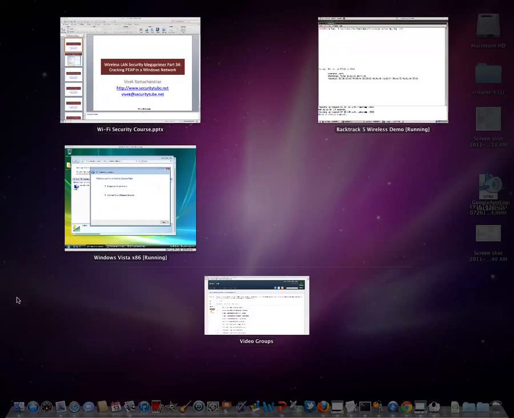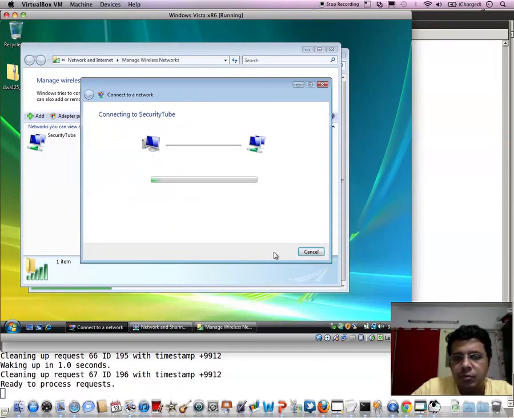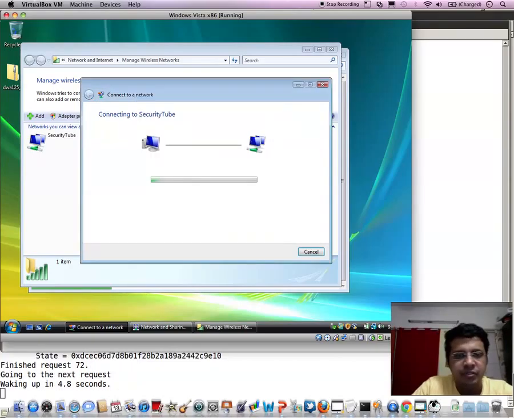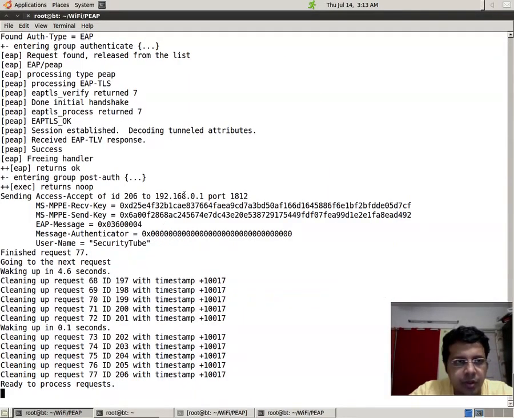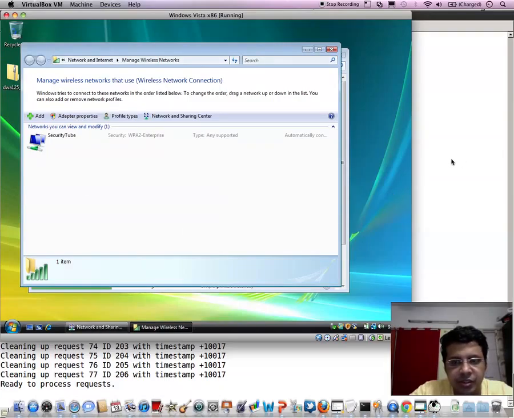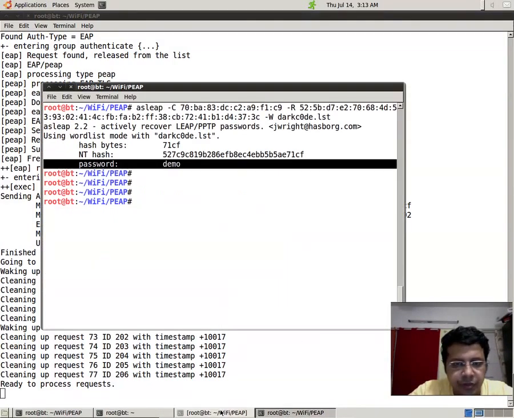As different users may be connecting, we could probably also have given something else. So as an example, I could have given the age-old security tube and demo 1, 2, 3, 4, 5. Right? And as we can clearly see, this goes ahead and ends up in a success, because this is one of the credentials the Radius server currently recognizes. Anyway, even if it hadn't and this was a purely rogue Radius server,